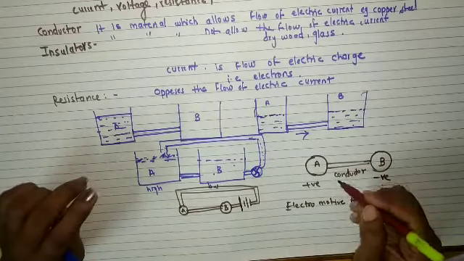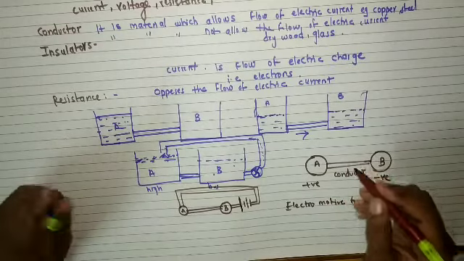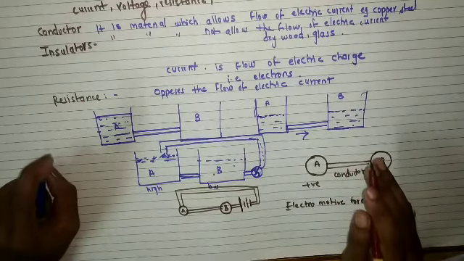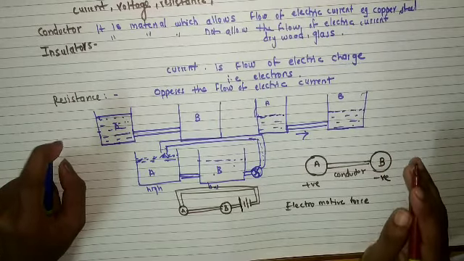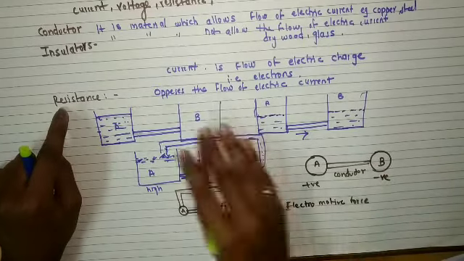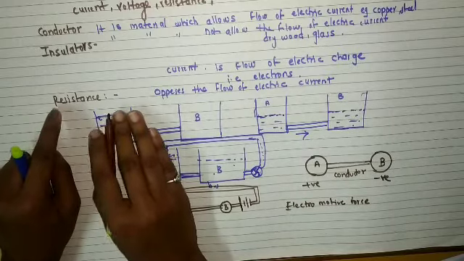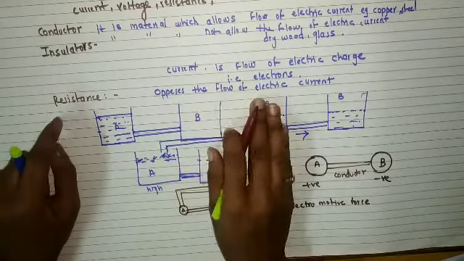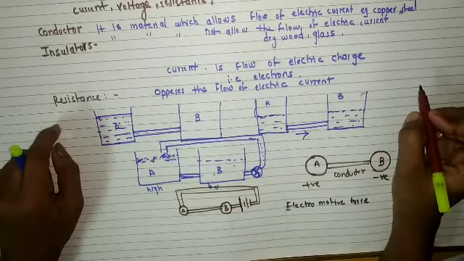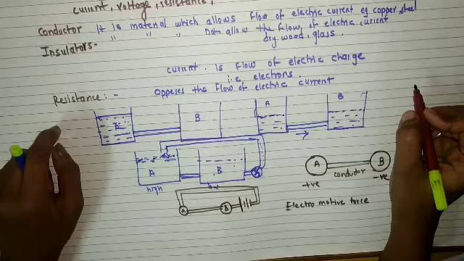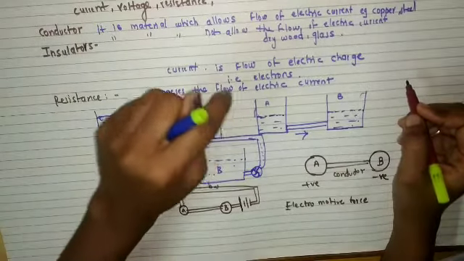Similarly, in our electric circuit, there is a property of substance that opposes the flow of electric current. The opposing property of substance is called resistance. As I said, it opposes the flow of electric current. Resistance means it is the property that opposes the flow of electric current. So the resistance of pure metal is comparatively lesser. Resistance means the opposition to the flow of electric current.